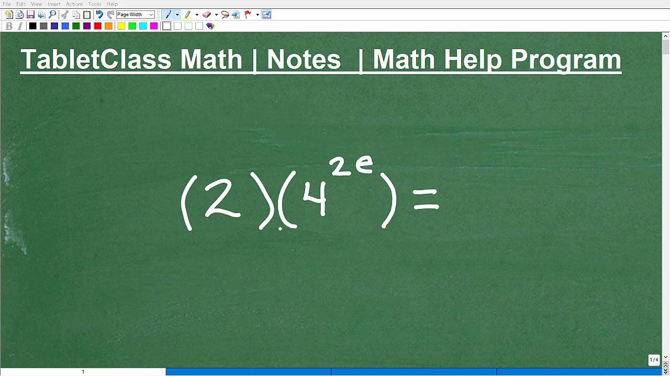Okay, so let's go ahead and determine what 2 times 4 to the e power is equal to. And I'm going to give you an answer, basically, let's do this problem without the aid of a calculator. That's kind of what I'm trying to say. And then I'm going to give you a decimal version because both forms are appropriate in this problem because you